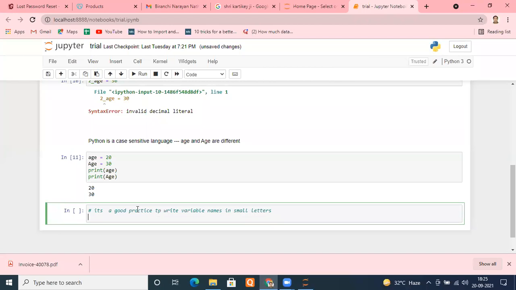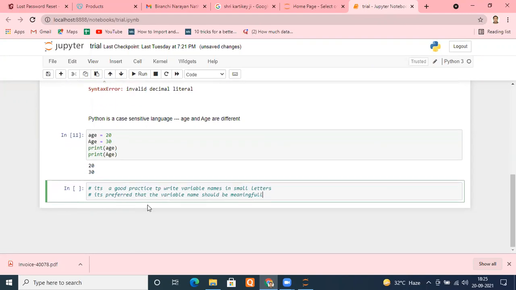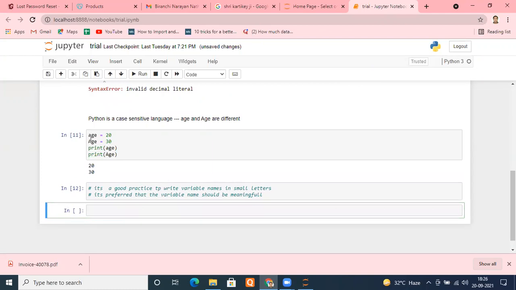Second, it's preferred that the variable name should be meaningful. Let me tell you why. Here I'm clearly indicating that I'm taking a variable age.